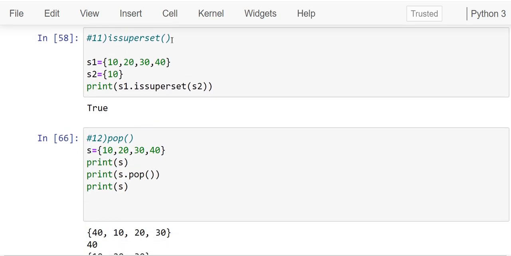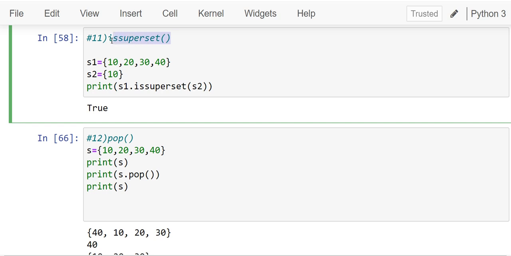In the same manner, the issuperset method also returns boolean values. We are checking whether the given set is a superset or not. Superset means all the elements of S2 must be present in S1, then we can say S1 is a superset.